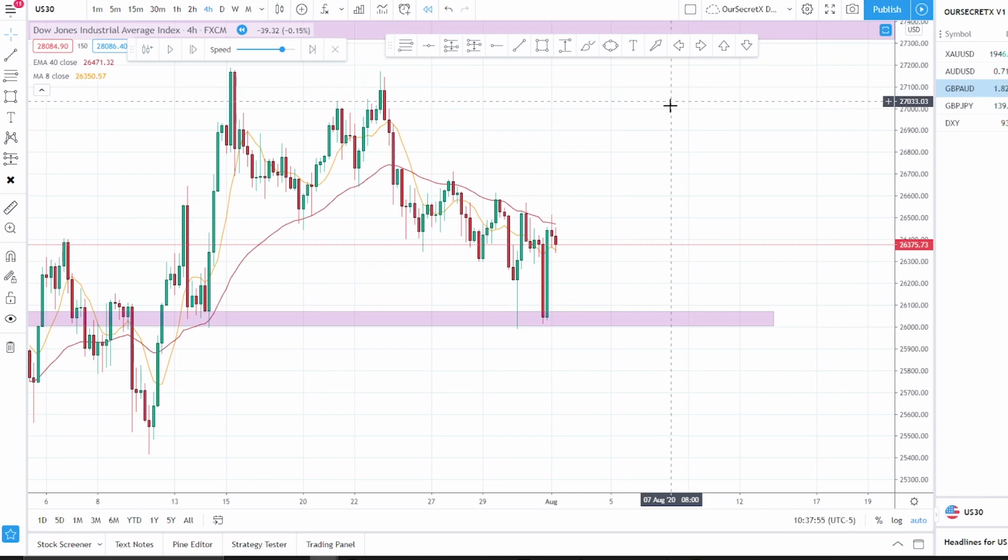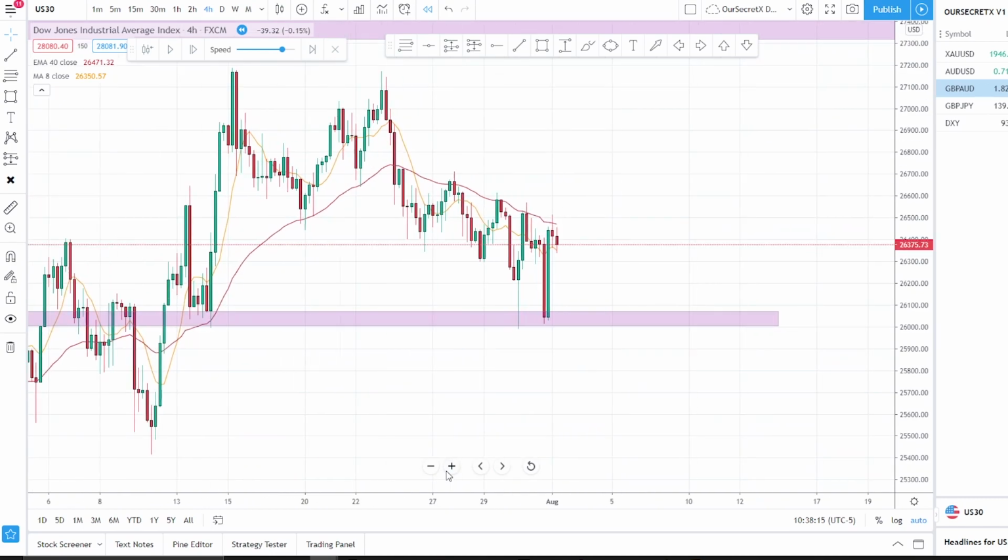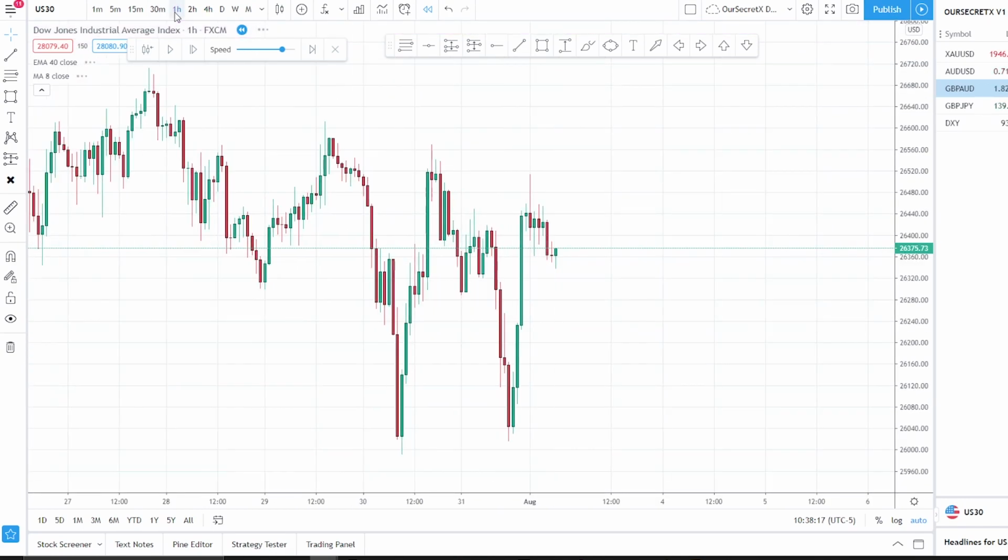So for example, right now we see that market is acting very well off of this major key area. It has not necessarily created a lower low from this low, right? So we see that the market structure is doing very well here, so we can definitely see now we can get in a trade. So what I am going to do now is go on my hourly time frame,